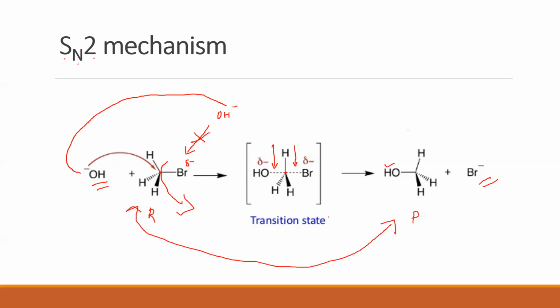Here I want you to observe the reactant and the product. Tell me how they are different. Observe the structures of reactant and product. Tell me how they are different. Yes, one of the differences, sir: in the reactant I have Br, in the product I have OH. So that is probably the first difference that all of you will give me. Other than that, I want you to look at the differences.